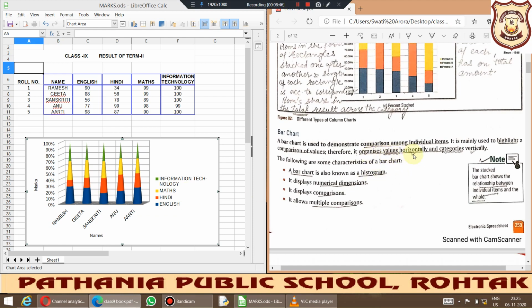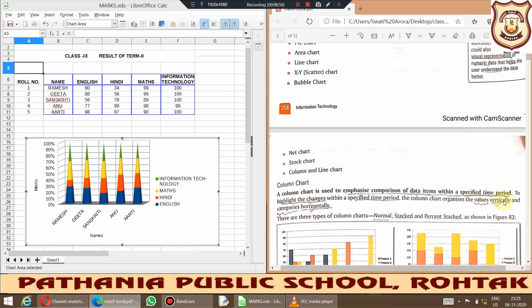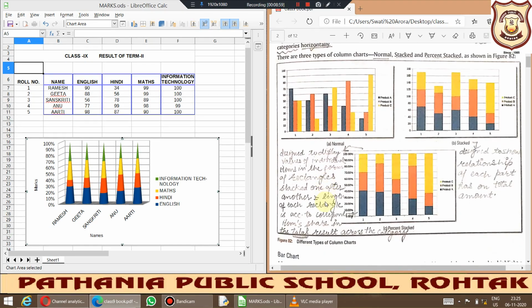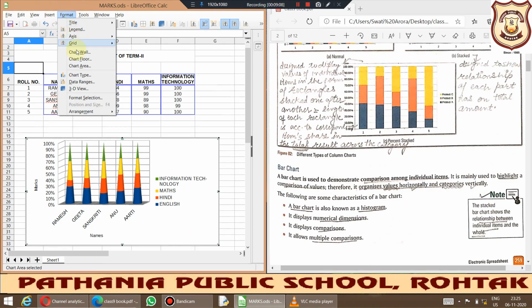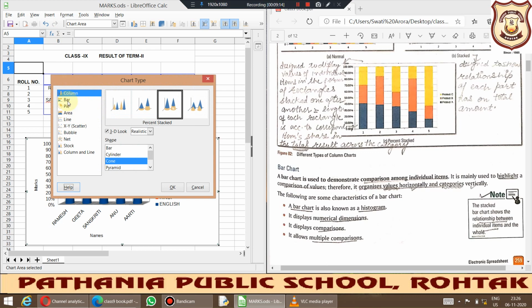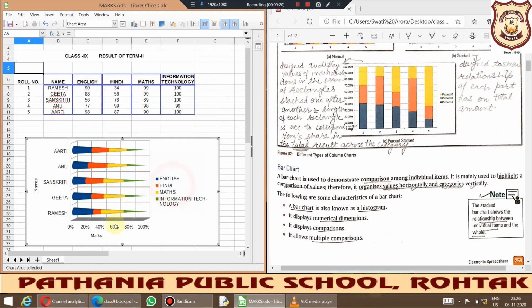organizing the values on the vertical axis and the categories on the horizontal axis, but it is different from here. You can compare it. The values were on the vertical axis and categories were on the horizontal axis. Here values on the horizontal axis and categories on the vertical axis. Okay, so if I change the chart type, go in format tab, come here in the chart type. Okay, so it allows me to change the type of the chart. Okay, so you will find a little bit difference, only the axis has been inverted, that's it, nothing else is different in column chart or bar chart.